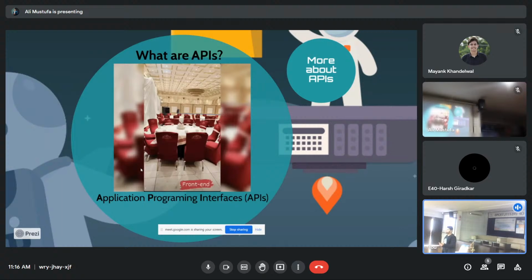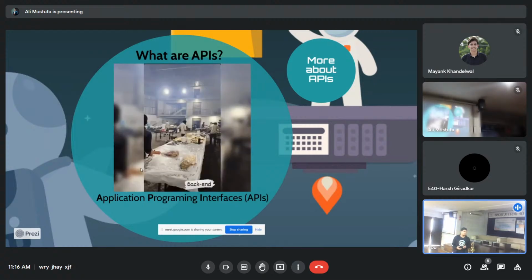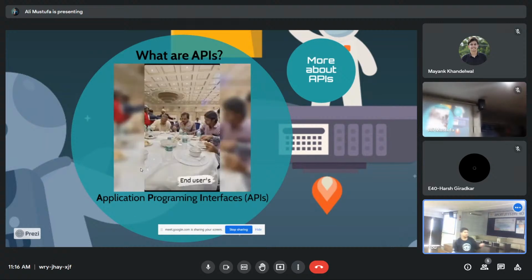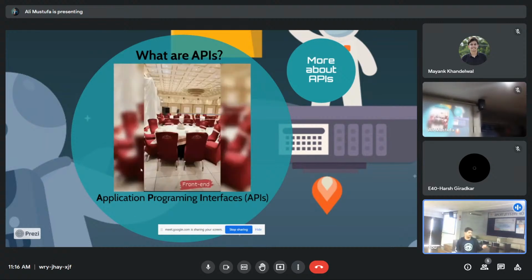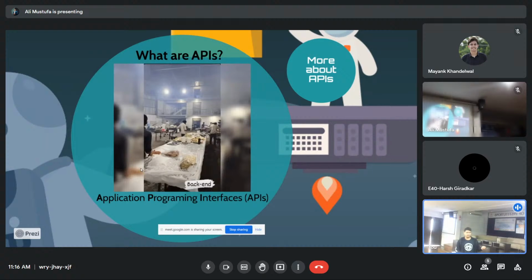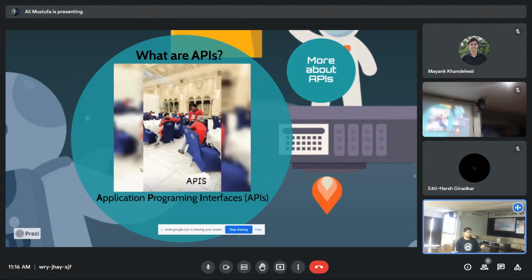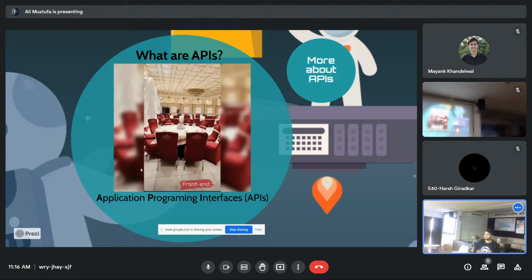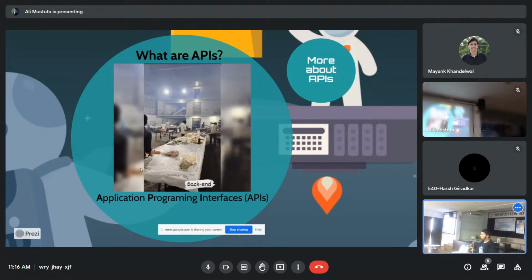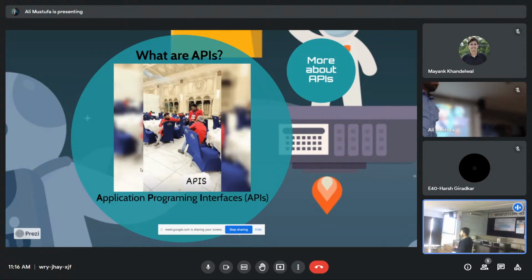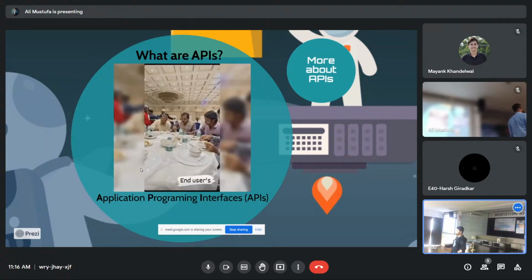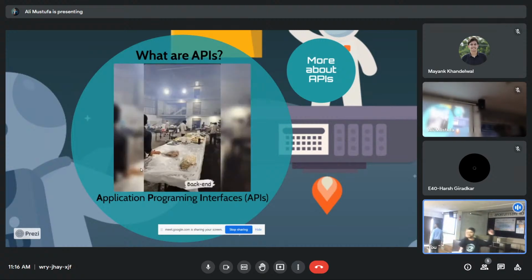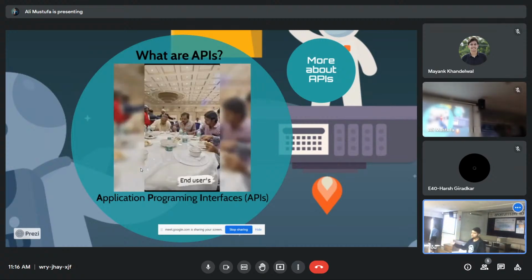But practically, what an API does is it enables you to communicate. So here you can see, we'll start from the beginning. We start from the front end, then there is a back end, which is the location, then there are APIs, which are the waiters, and then there are the end users. You can see these guys eating everything up. So in a very simple to understand language, APIs enable the communication between your back-end services and your front-end services.